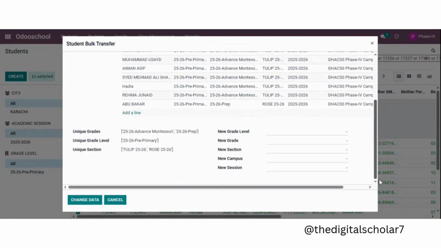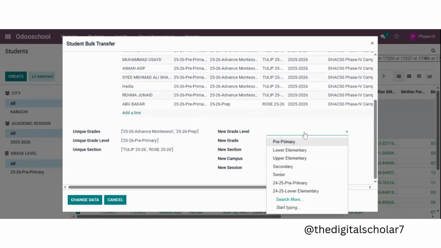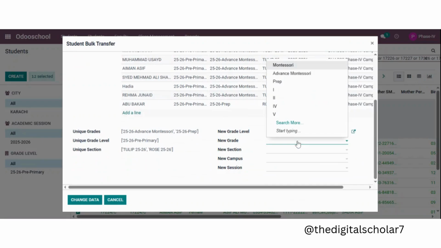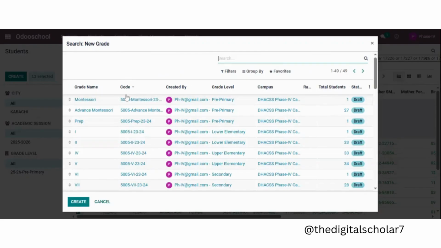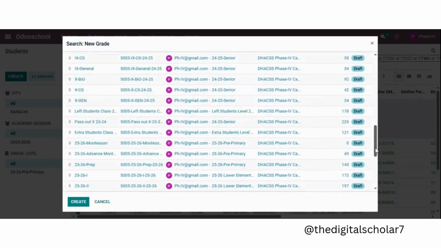From the action, select bulk student transfer, and the screen will display, and then you can change the options of the new session, that is 25-26.